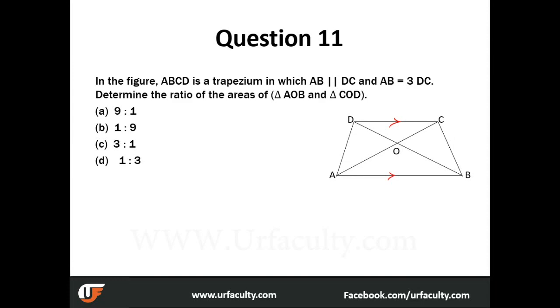Now, if two lines are parallel, what are the things you know? I'm taking some time to explain what things hold when there are two parallel lines. We know that if the lines are parallel, interior opposite angles are equal. This is equal to this, so angle 1 and angle 2 are equal. Similarly, angle 3 and angle 4 are equal. They are interior opposite angles.